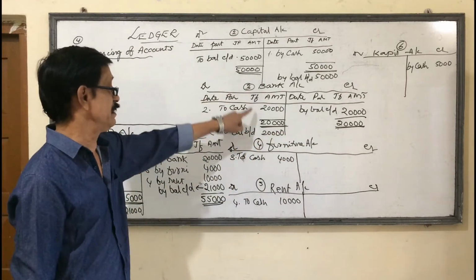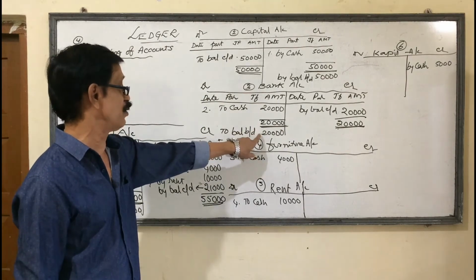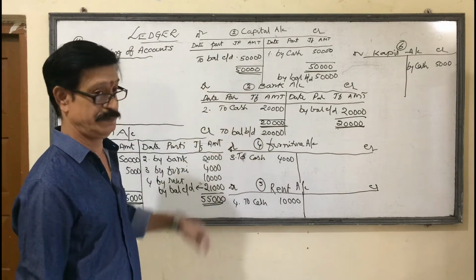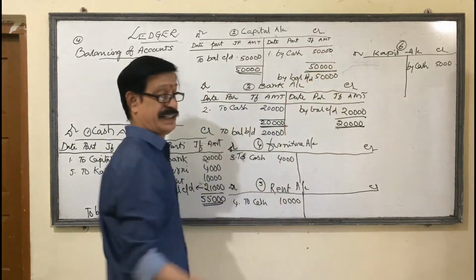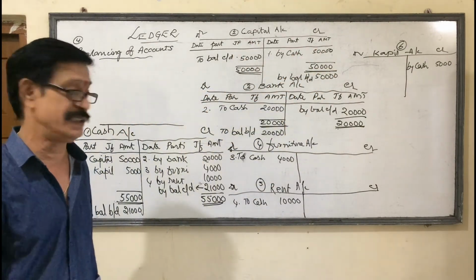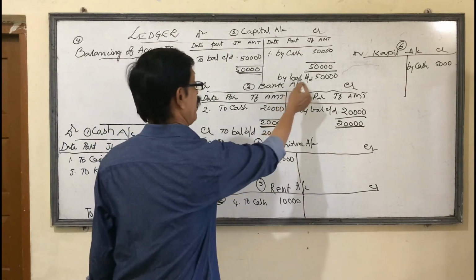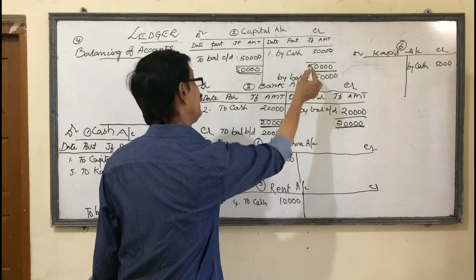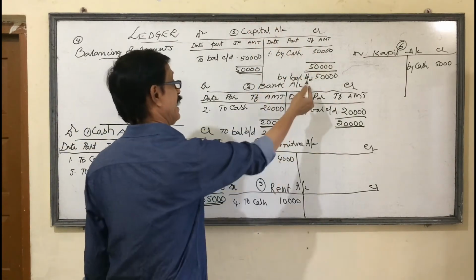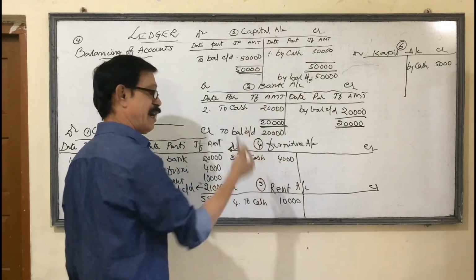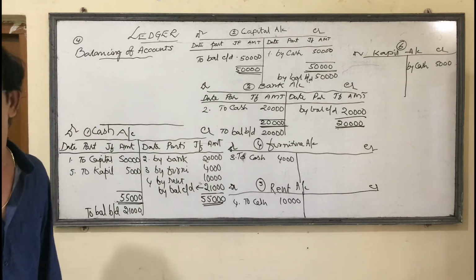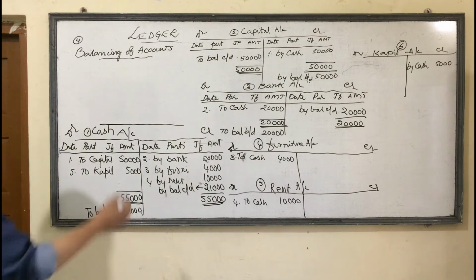When one account's debit side is more, you have to say it is a debit balance. In this account credit side is more, that's why it is called credit balance. Or you can remember, wherever brought down is there, that side in that name only you have to call it. Credit side brought down is there, so it is called credit balance. Here debit side brought down is there, that's why it is called debit balance.